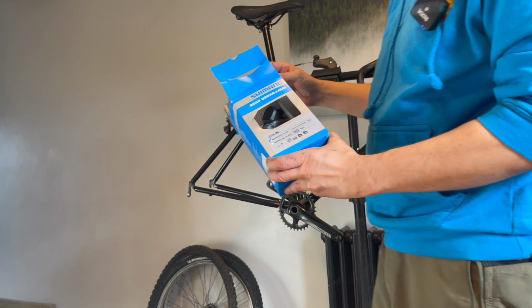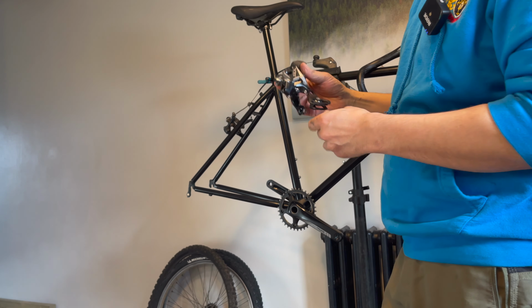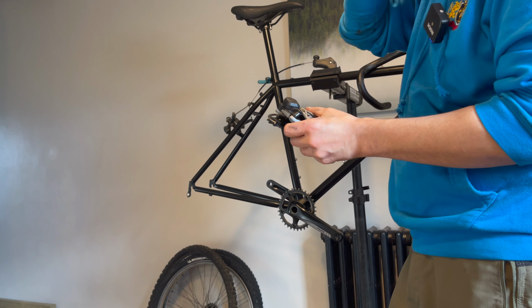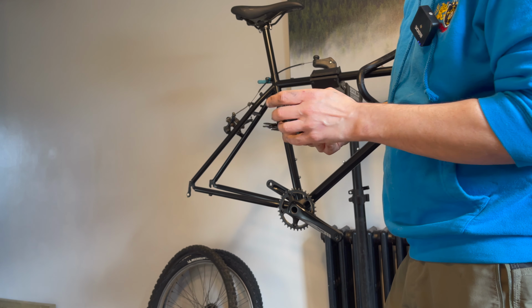Okay, so now I'm going to put the rear derailleur on. We've got hold of this 1x11. It's SLX. This is the beauty. We're going to put friction shifters on here so you can mix and match, do any combination of derailleurs and stuff you want. So we've got a nice big mountain bike derailleur that is going to be operated using, as I say, the friction shifters, but it means that we can have a nice big